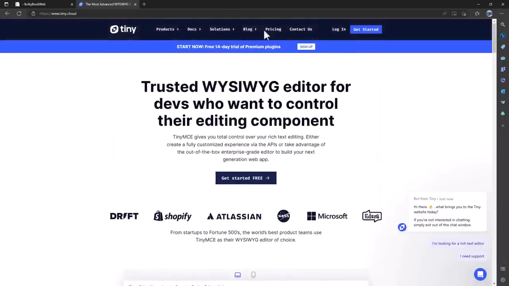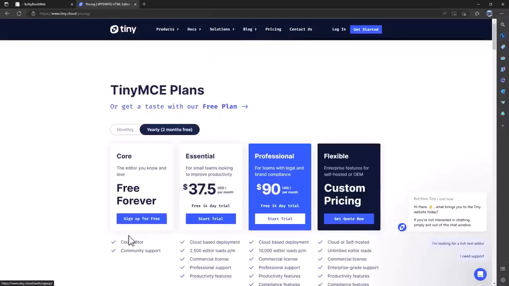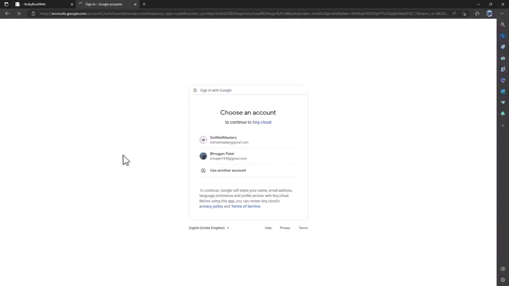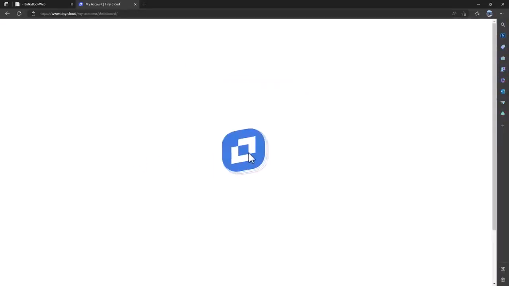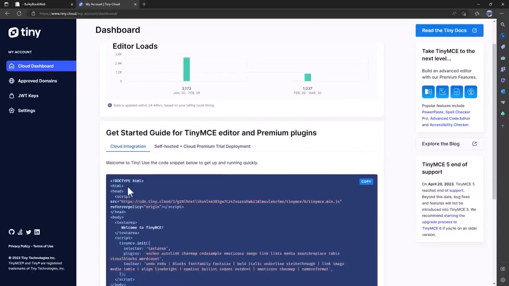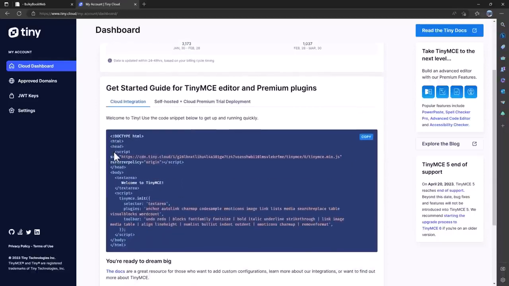For pricing, if we go here, you will see that it is free forever if you use the core version, and that is good enough for our requirements. So let me log in here, and if you do not have an account, you can always continue with Google. Once we log in here, we have the cloud dashboard. Now I already have registered for the account, so you can see some other usage that I have. But if you sign up here, you will see the cloud integration, and that is what we need to get started. First thing is the script here, so let me copy the script that is displayed,